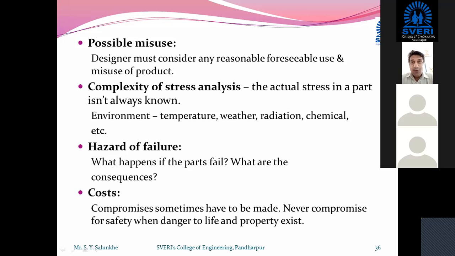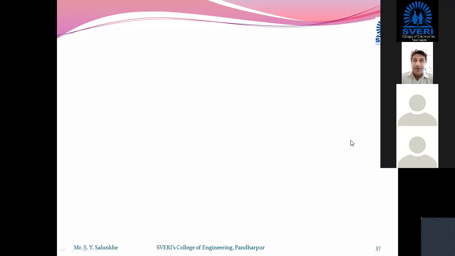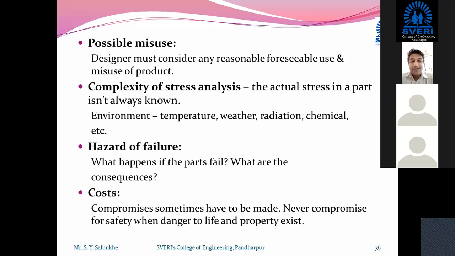So all these points you have to consider, based on which the designer is going to choose the factor of safety. These are some representative points. You can add two more points and write your own points on which the factor of safety depends. That is the line of thinking of the designer, where he has to choose a higher or lower factor of safety. Definitely the factor of safety will not be less than 1, and if it is less than 1, the design will not be safe.